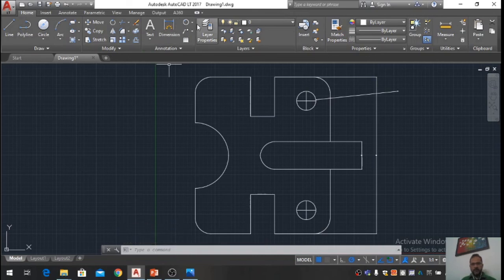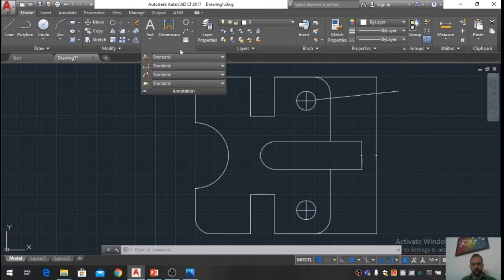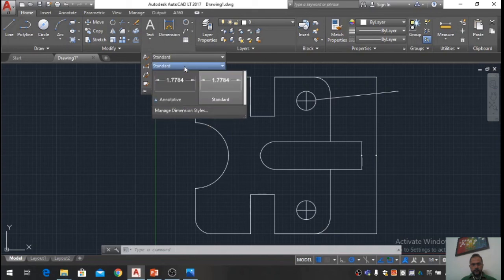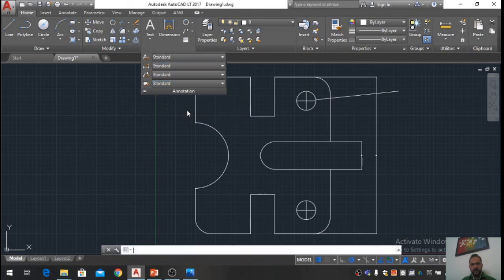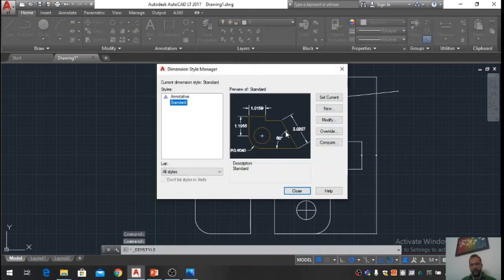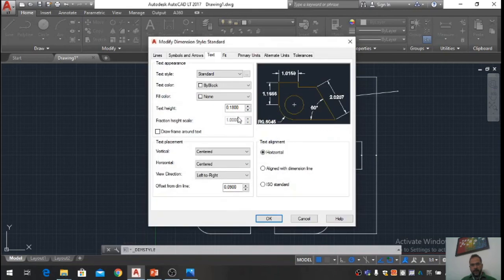For making it visible, we will go to dimensioning style, manage dimensioning style, and then go to modify, and in that we will increase the text height to maybe 5.